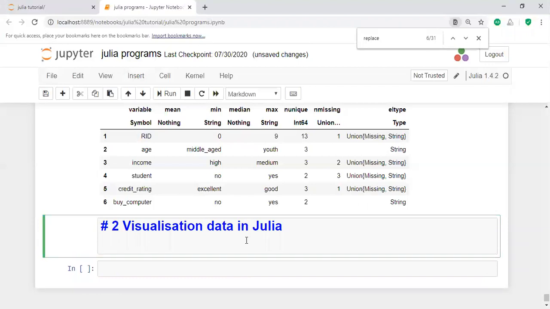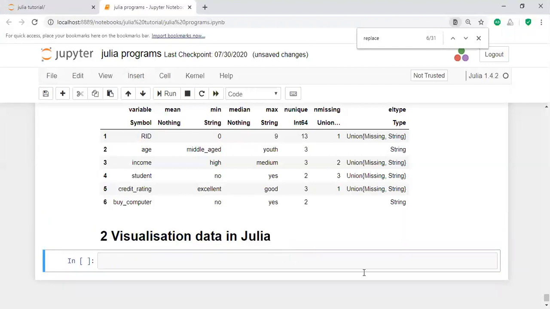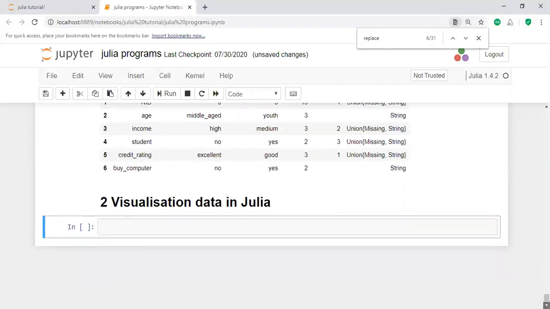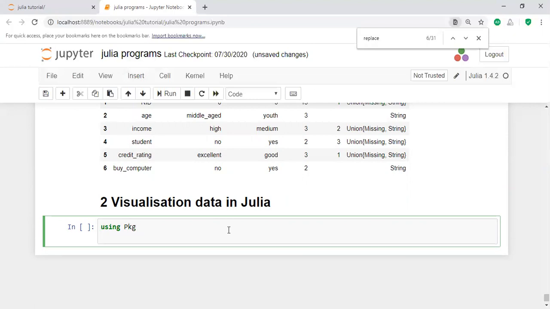Execute this one. Here you are taking different plots. How can you import the plot? By using PKG. PKG is a package manager.